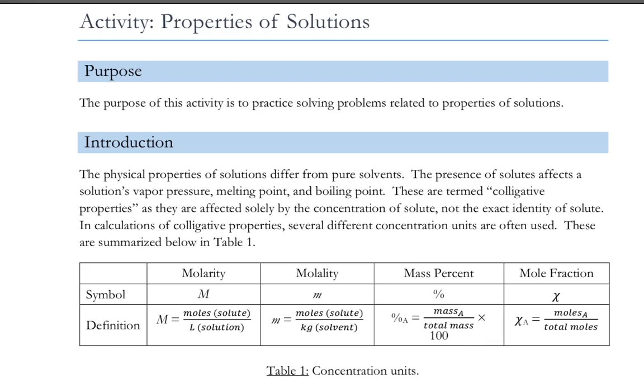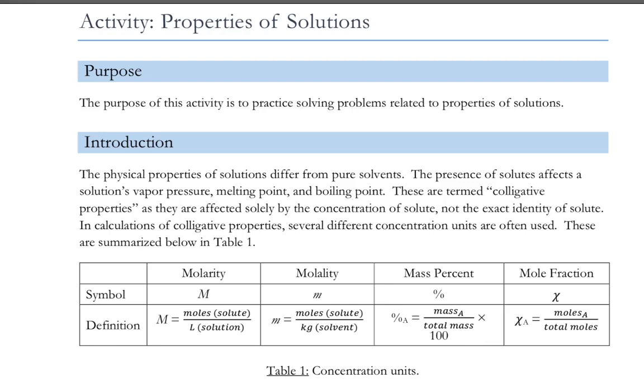Mass percent is defined as the mass percent of component A within a mixture is the mass of A divided by the total mass, so the mass of A plus the mass of B plus the mass of C, however many components there are. And then since it's percent, times 100, so percent A is mass A divided by total